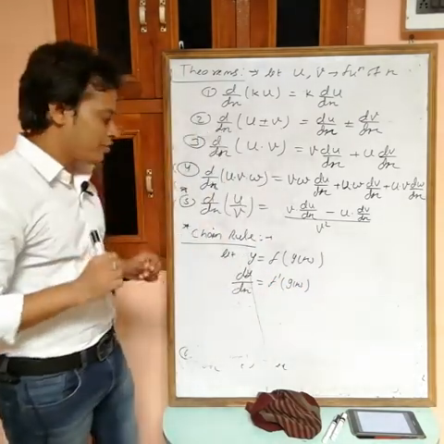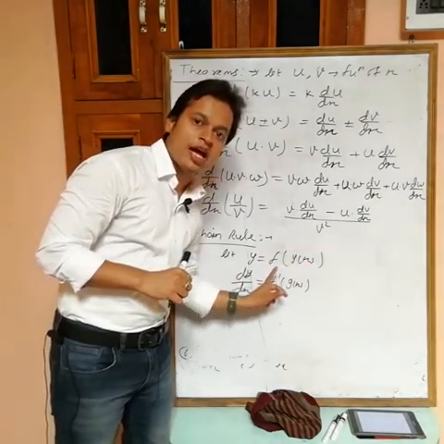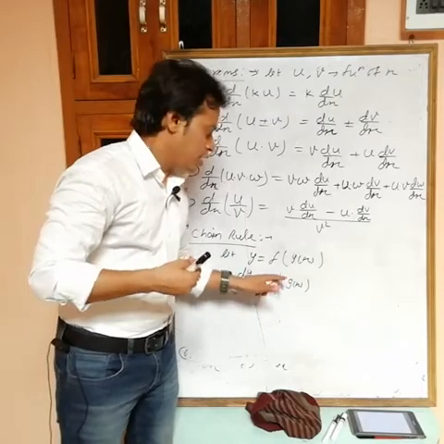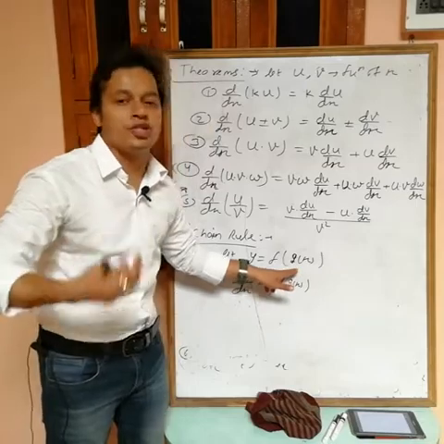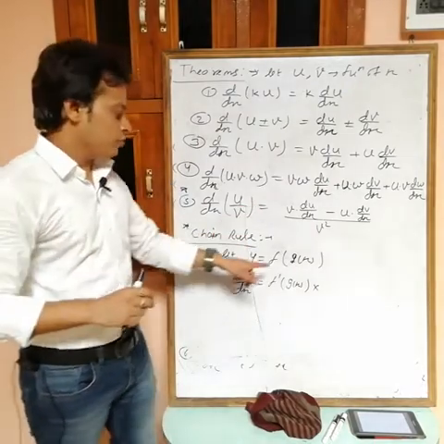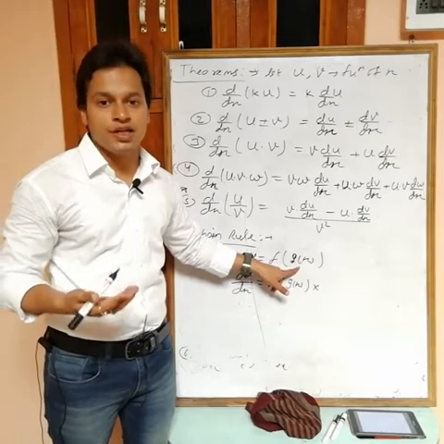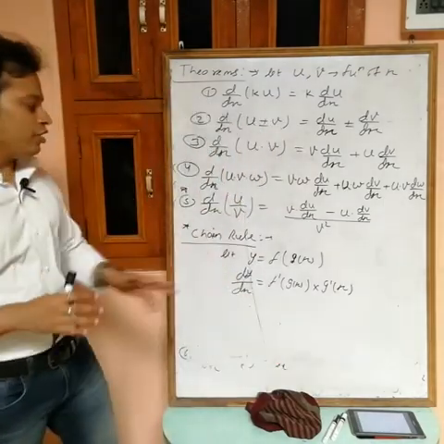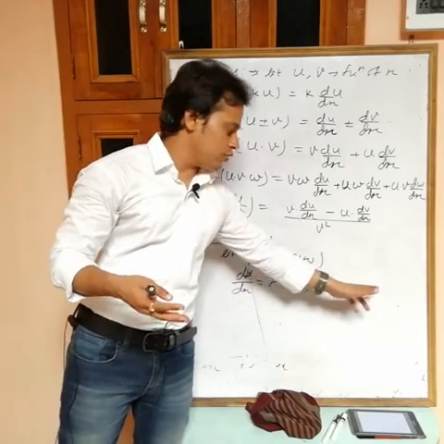Okay, so what we are doing: we are assuming this one as x, then f(x). The differentiation of f(x) is f dash x. At the place of x put the assumed x. Now again we are assuming this one as x, but this is not x now, so again differentiate this one. Now differentiate the assumed x and multiply with this one. So we are assuming this one as x, g(x), and then differentiate g(x), that is g dash x, then multiply with the differentiation of the assumed x. Okay, when we are differentiating this one, we are not assuming anything as x now, so there is no need to multiply further.